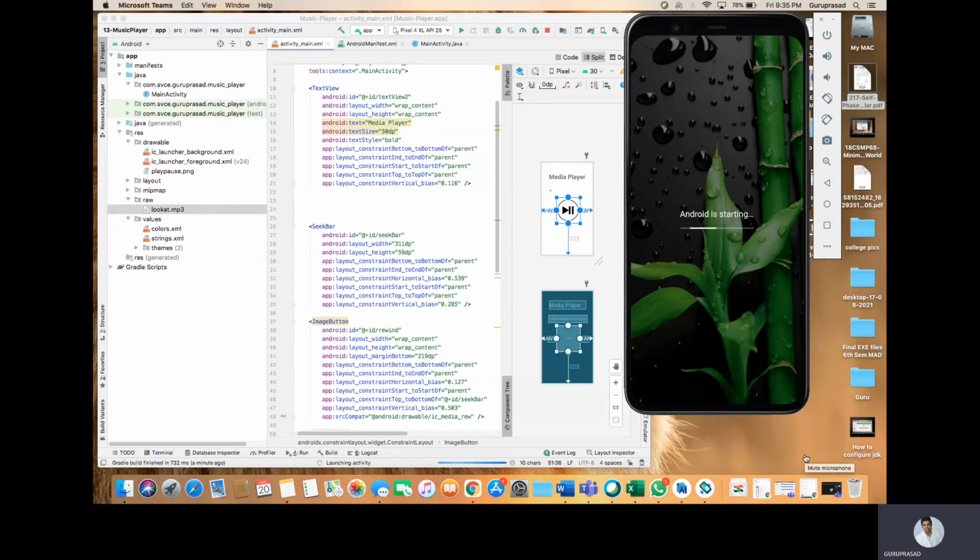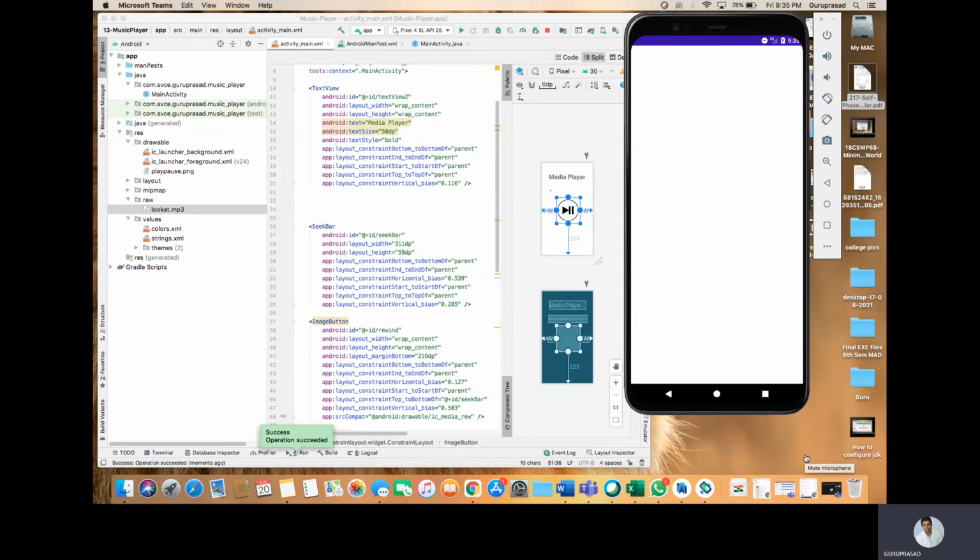It is installing, installation is in process. Now you can see the screen with the application.